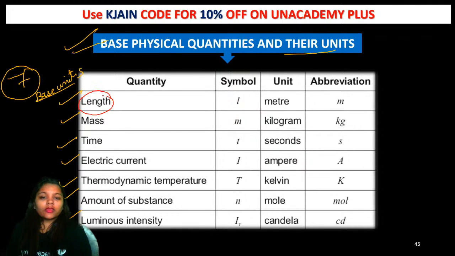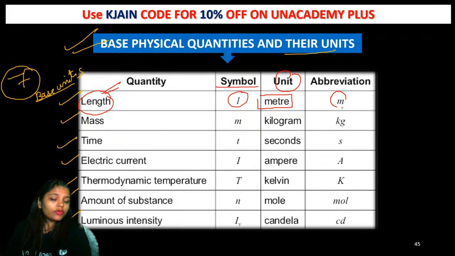For the length, we have meter, and the symbol by which we represent a length is L. The unit we use is only the small m. Meter is abbreviated as small m. You know that because you have been writing it since your sixth class. So 4 m: 4 is a number and m is denoting the meter.